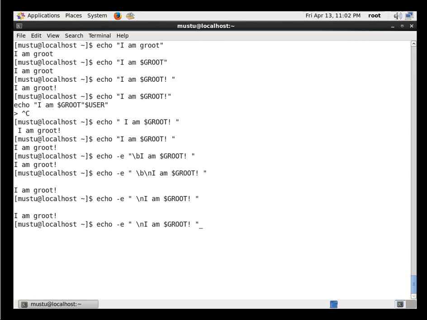Alright, now let's continue. Let me put a tab before the word Groot, a horizontal tab. So I'm going to put a backslash t, and there you go. It's printing out I am in a new line, with the value of the variable Groot tabbed out. That's how your output will look. The normal output using double quotation marks is like this,